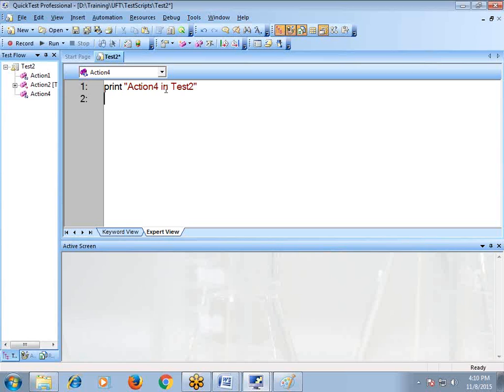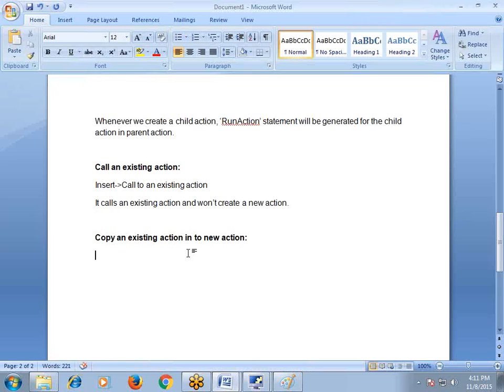And I modified that action code as well. So like this, we can copy any action, either from the current script or from other scripts. We can copy an existing action into a new action. How to copy that? Select here, Insert menu,